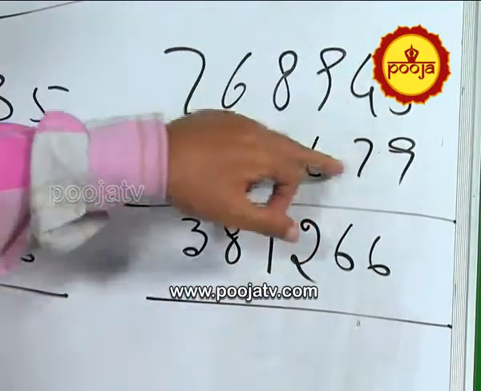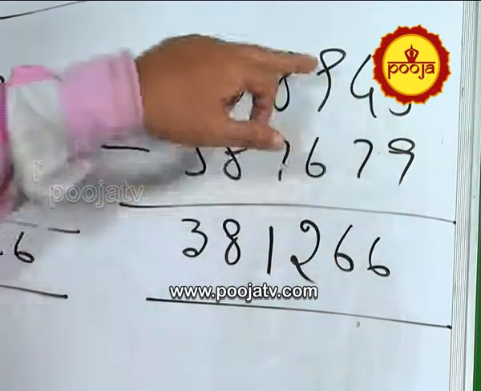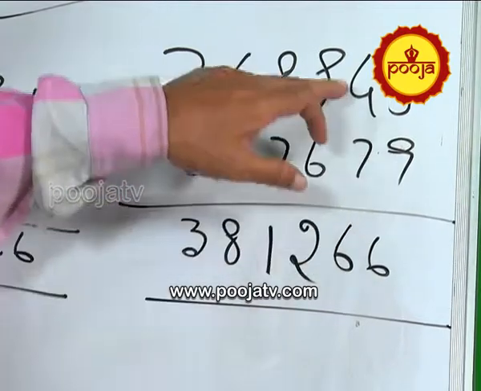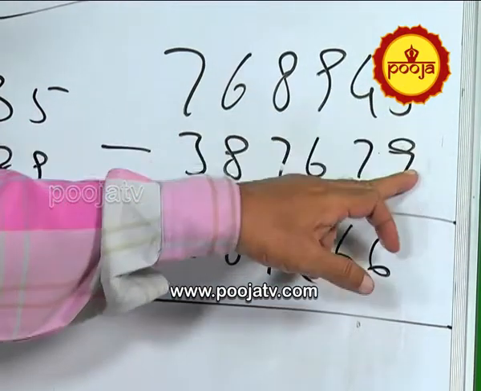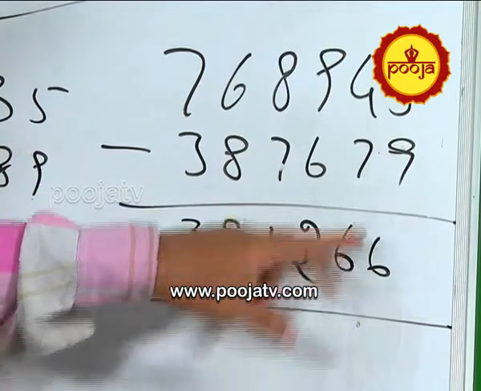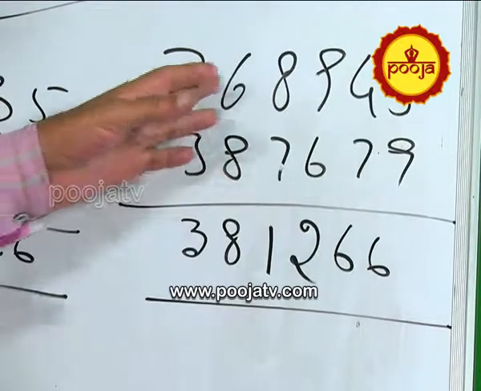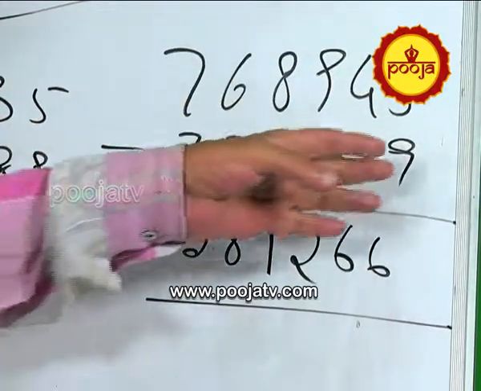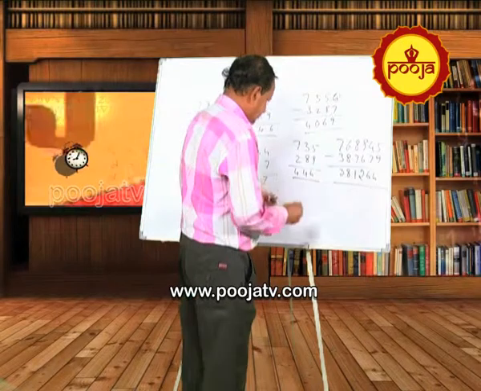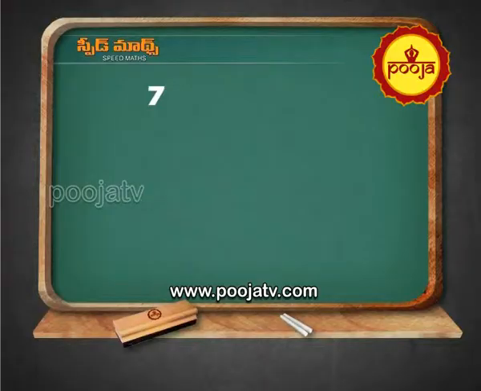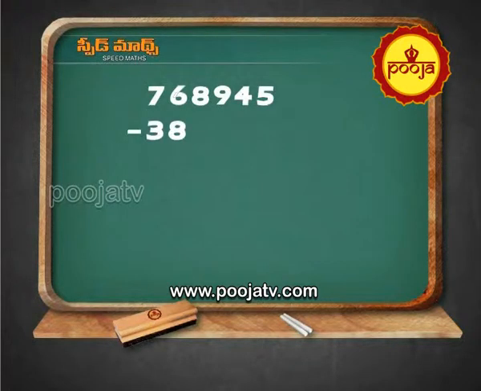And again this is a mismatch, so complement of 7 is, if you can subtract, well and good, if you cannot subtract, complements. Complement of 7 is 3, 3 plus 4, 7, but right side 5 minus 9 is a mismatch, so it will become 6. And finally complement of 9 is 1, 1 plus 5 is 6. So this 7, 6, 8, 9, 4, 5 minus 3, 8, 7, 6, 7, 9, I will tell you the same way as multiplication. Elders also will be observing, kindly see, sir, 7, 6, 8, 9, 4, 5, minus 3, 8, 7, 6, 7, 9, right.